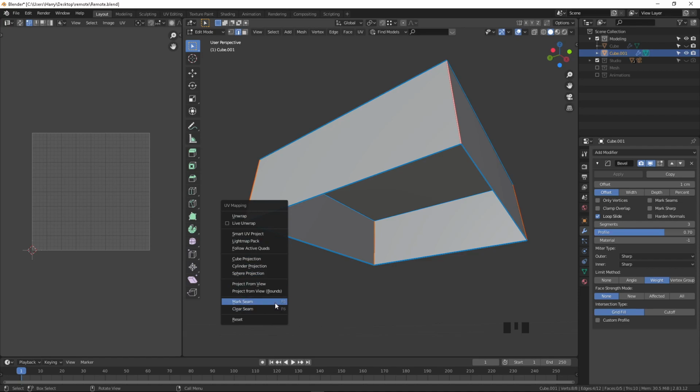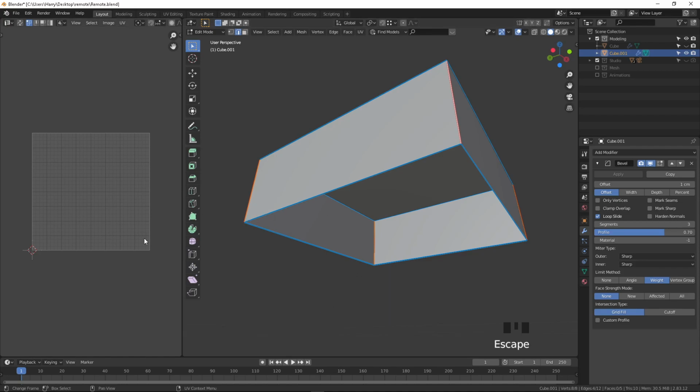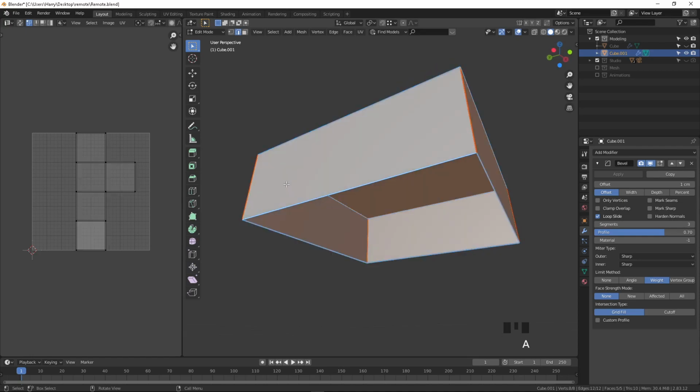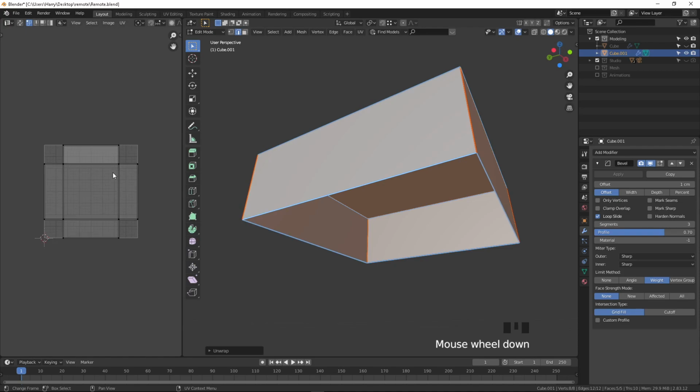I have created a shortcut for F5 and F6. You can also make it on the button with a right click. I gave the shortcut, so you can assign a shortcut for that. After doing that, select all and press U to unwrap it. Now we can see the button is unwrapped perfectly as per our requirement.